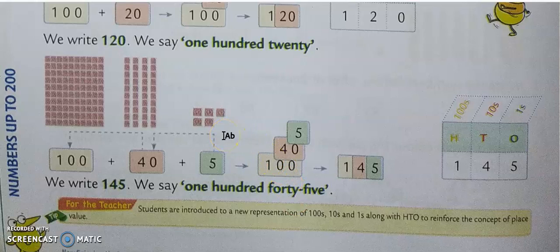So here you can see the number strips of stamps, and you know that 10 tens is equal to 100, and afterward if we add any tens or ones to hundreds, how do we write the number? You have to write these numbers at the correct places, ones, tens and hundreds, so you can understand the place value of these 3-digit numbers. Okay, so I hope all of you understood this, and of course we will revise this in our online class also. Okay, so all of you keep studying, and thank you and have a nice day.